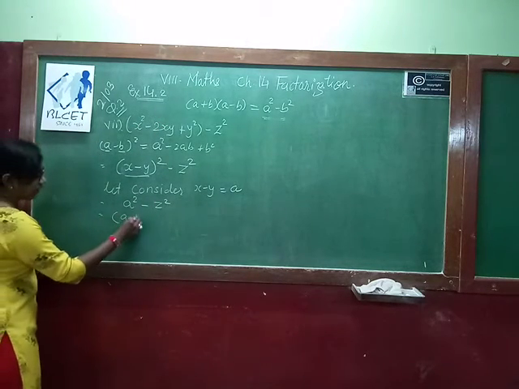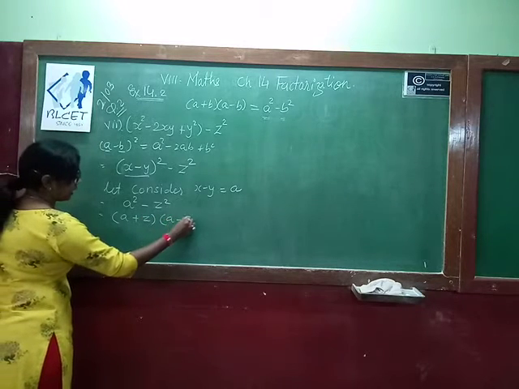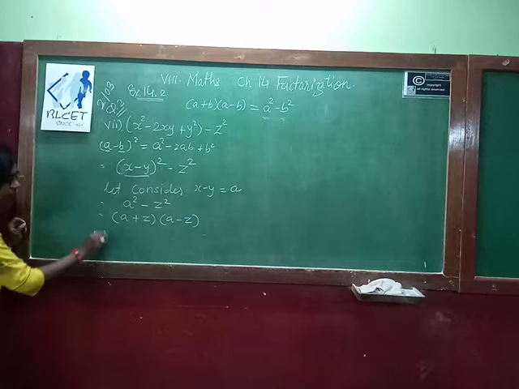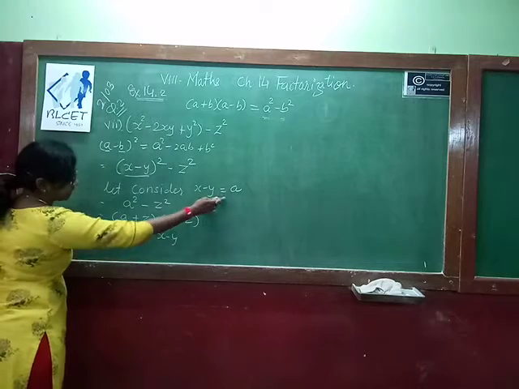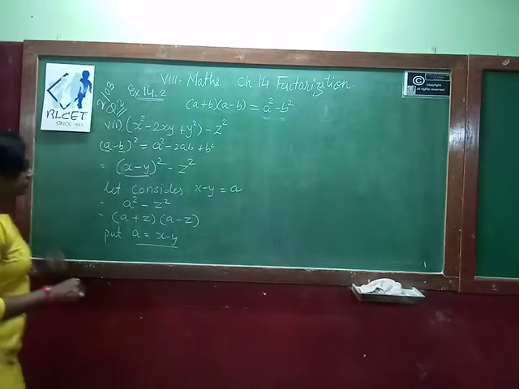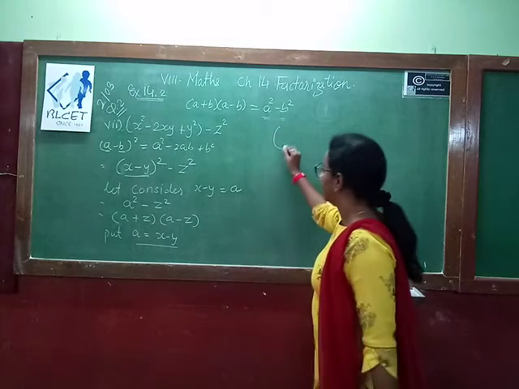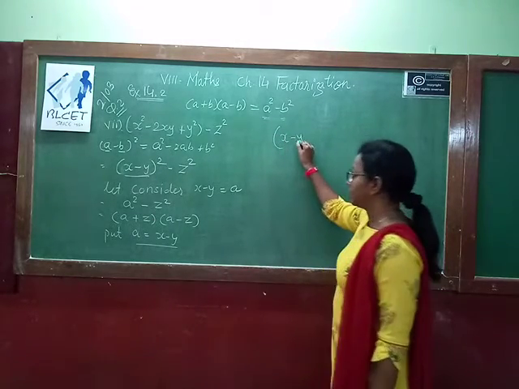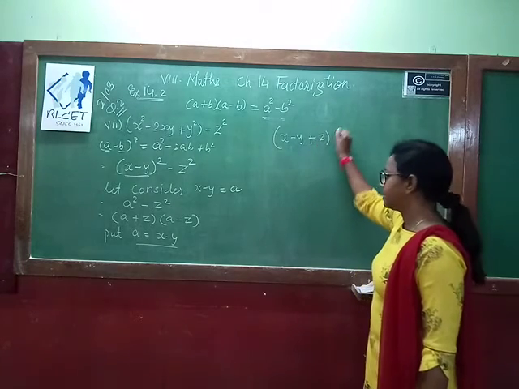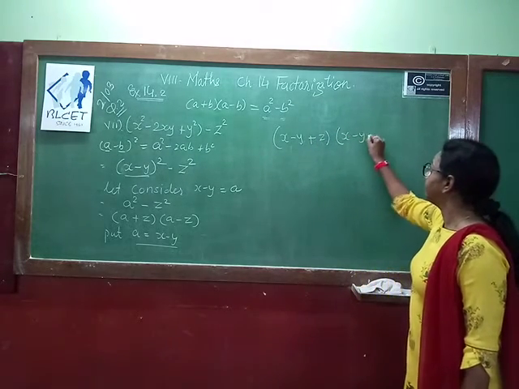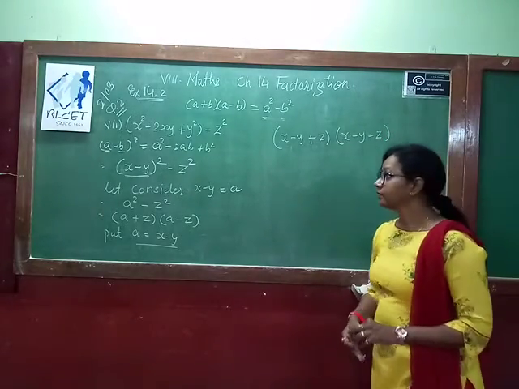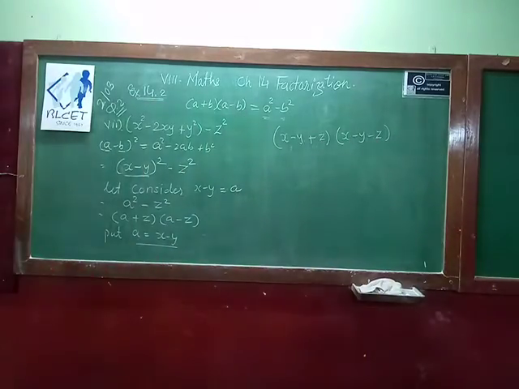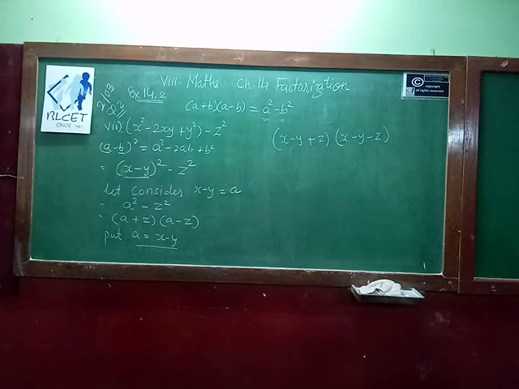So what we can do? One time positive a plus z, one time negative a minus z. Now we have to put a is equal to x minus y as we have replaced like this. So again we put the values in. So what we are getting? In place of a we are writing x minus y plus z. In second, x minus y minus z. So this is your answer. One time positive, one time negative. So this way we can solve 7th question. Any query you can ask me if you are unable to understand. Now see the last question, 8th question.